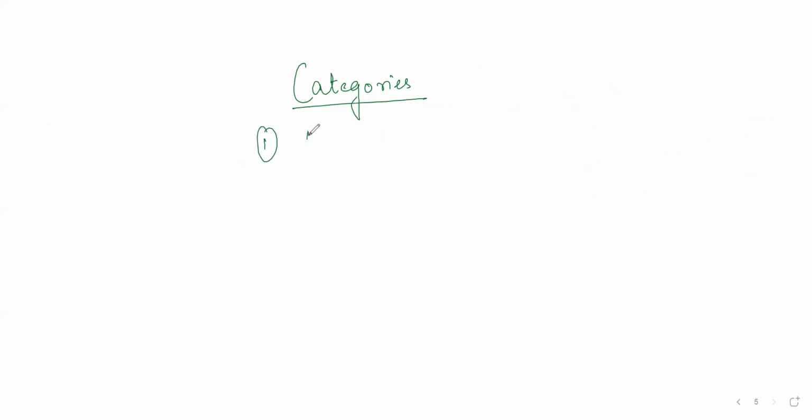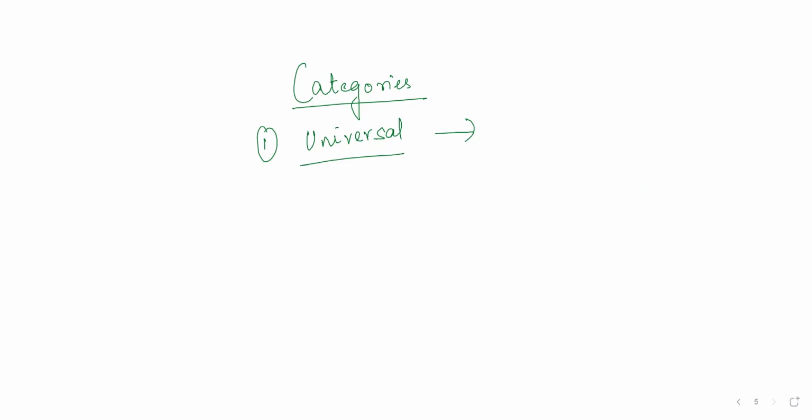Categories. Number one category, universal set. Universal set is the set that contains all elements under consideration. Okay, it contains all elements under consideration. So an example of a universal set